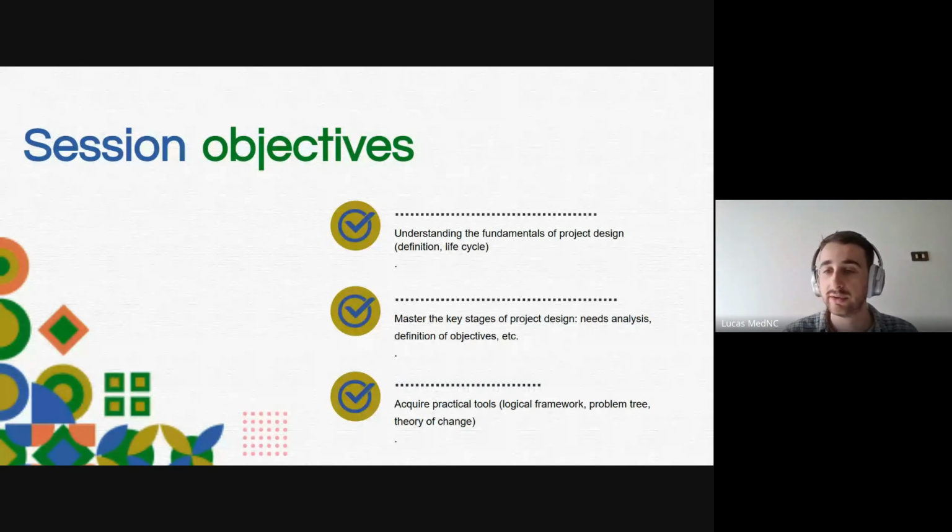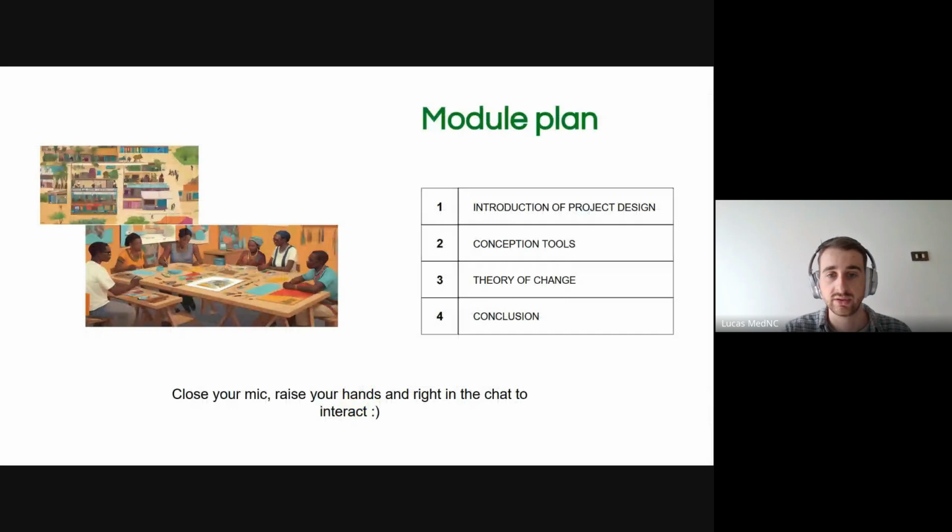If you already built a lot of projects, you might still learn new things here, but if you're a beginner, it's a very good session to learn how to define a project, its definition, life cycle, etc. I will show you some examples that you can use, like design tools, and that's it for the objectives.